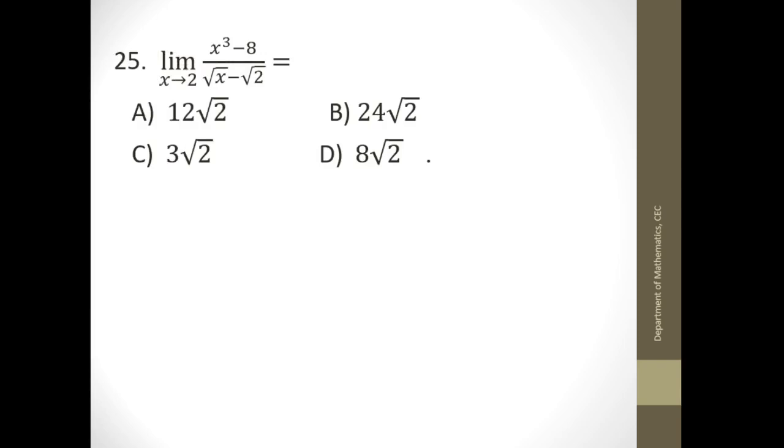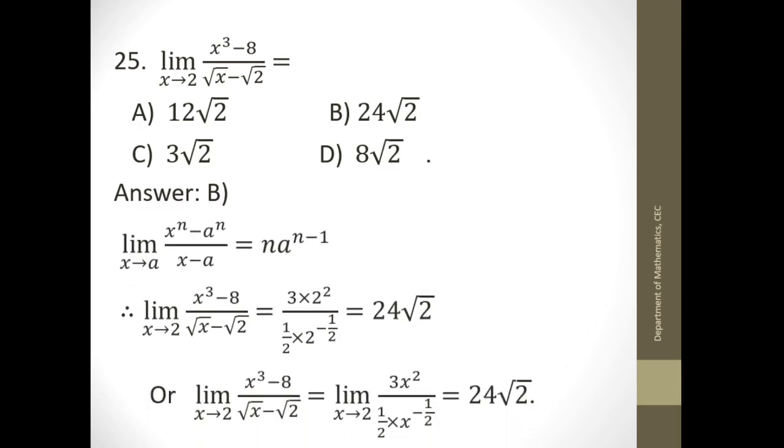Here it is a direct formula. So, you know that. Apply the formula to the numerator and denominator. So, 3 into 2 power n into a power n minus 1. So here 3 into 2 power 2 minus 1, and half into 2 power half minus 1, that is minus half. 2 power minus half is in the denominator, square root of 2 is in the denominator, it goes to the numerator, that is root 2. 3 into 4 into 2, so 24 root 2.